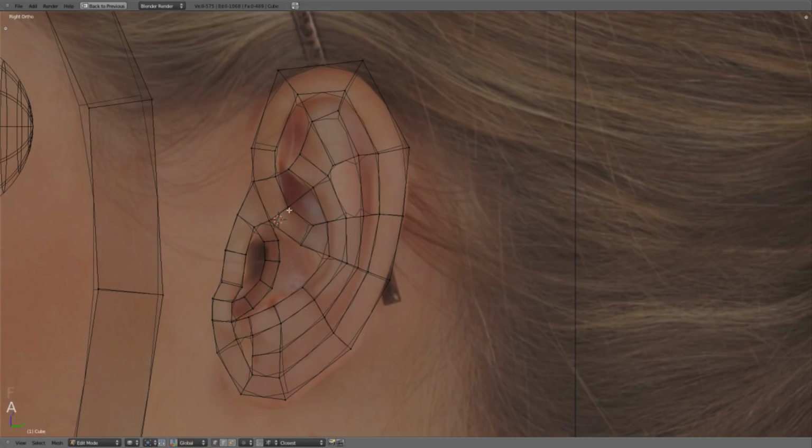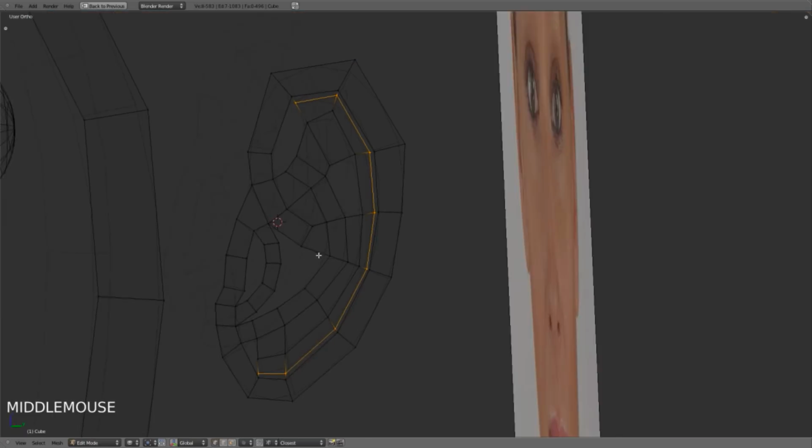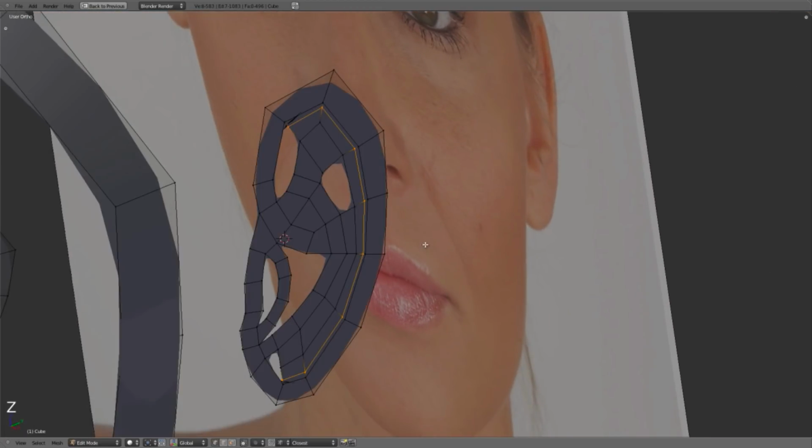And then I'm going to go ahead and add in another loop just about like this. And this is going to be the first step to making it 3D. I'm going to go ahead now with this loop selected, I'm going to rotate around, and pull this back by hitting G and X along the X-axis just a little bit, about like